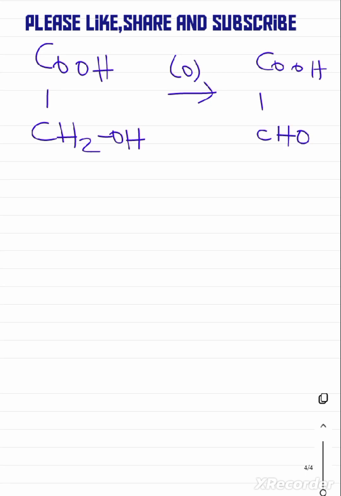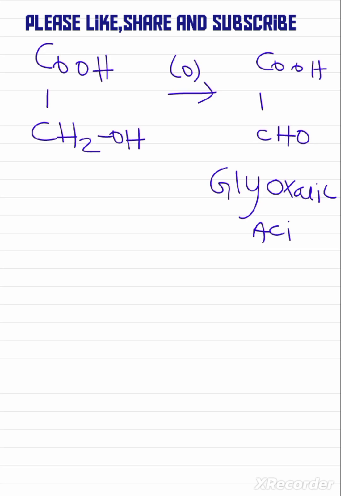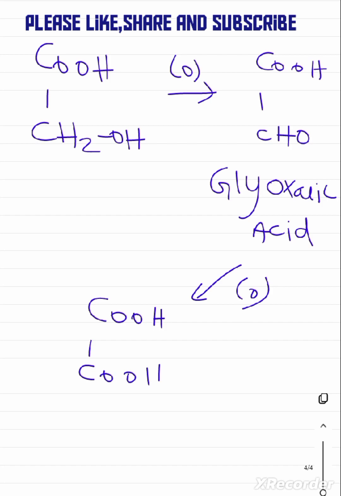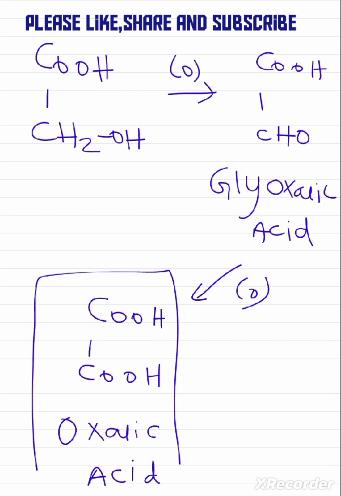This particular compound is called glyoxylic acid, right? We are going to further oxidize the glyoxylic acid, and it produces COOH COOH. This particular compound is called oxalic acid, right? The final product we get is oxalic acid in the sequence of the reactions. Once again,